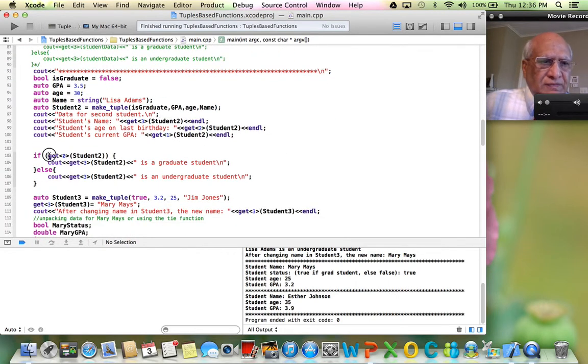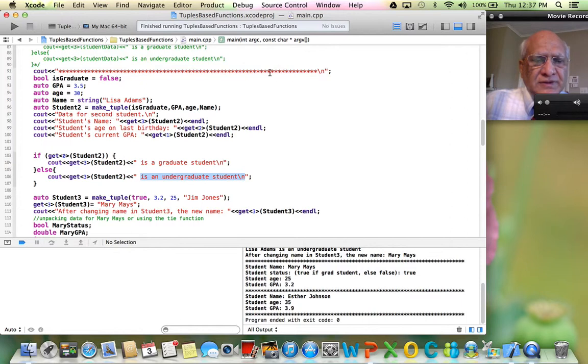So I say if get<0> student2 is true, then I say get<3> student2 is a graduate student, and get<3> student2 will get the name, which is Lisa Adams. Otherwise, again we are printing the name is an undergraduate student. So we're going to run this code here in Xcode,